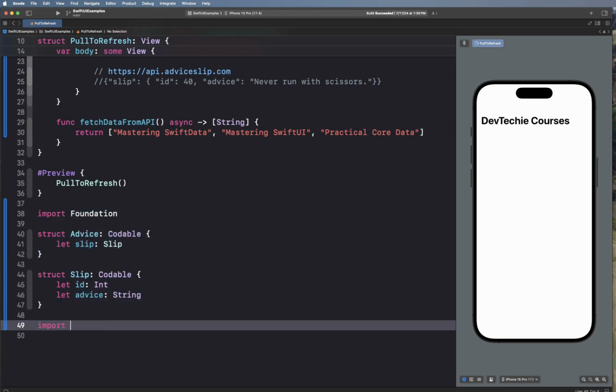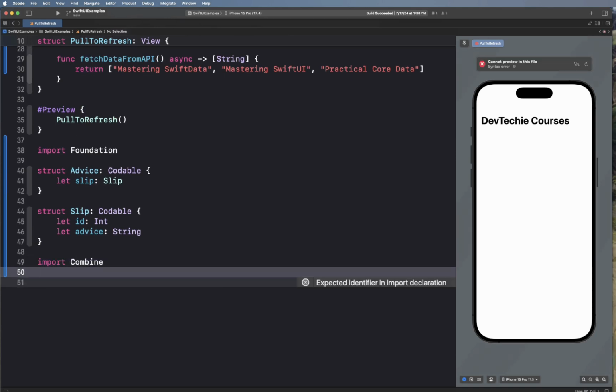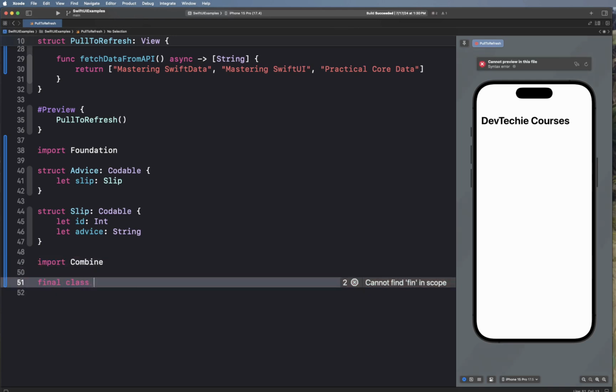For this, we're going to first import Combine, because we're going to be using Combine for network operations. We're going to create a final class, which makes it easy at compile time, where the compiler knows that this class is not being inherited by somebody else. That means it can store the reference and make the compilation a little bit faster. So it improves the performance of your app. So, final class NetworkClient,